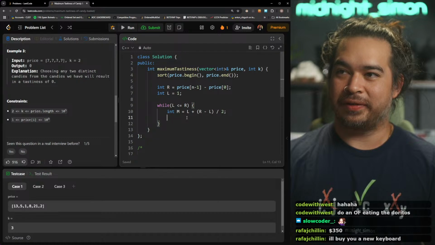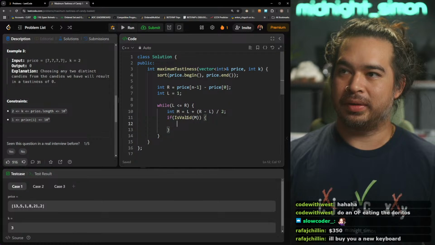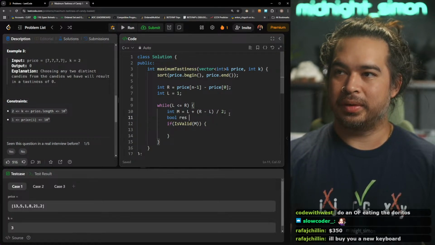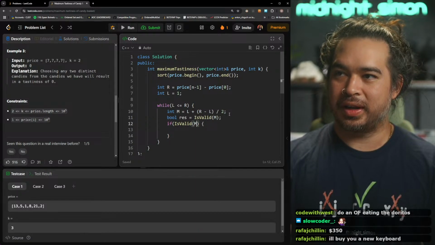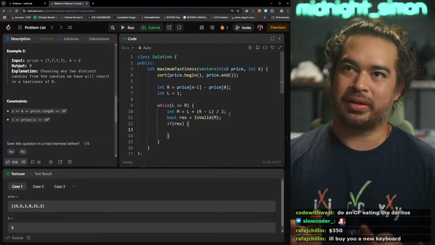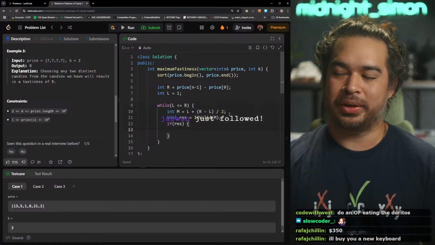And then now we check if it's valid. So if, well, should I do it like that? Just in case I have to debug something later on. So if it's valid, we need to try a bigger number.